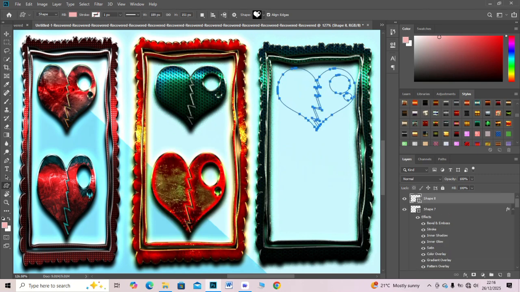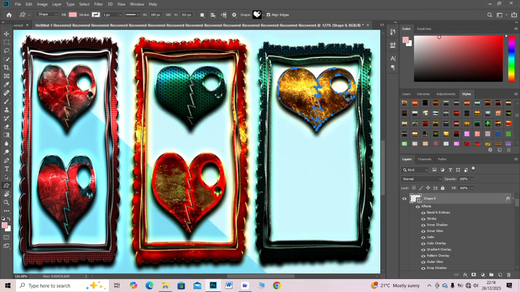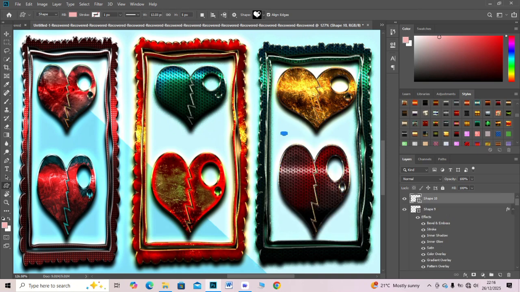After that, I adjust shape positions to remove any harsh edges. I zoom out to check overall balance and color harmony. Finally, I fine-tune spacing until the background feels soft and